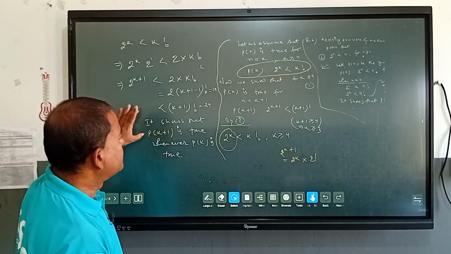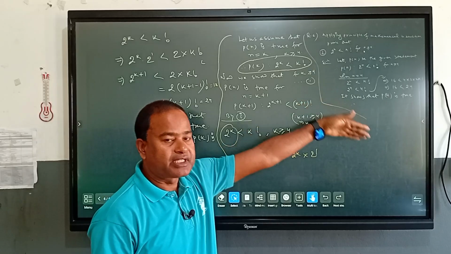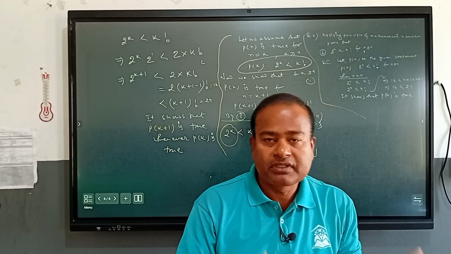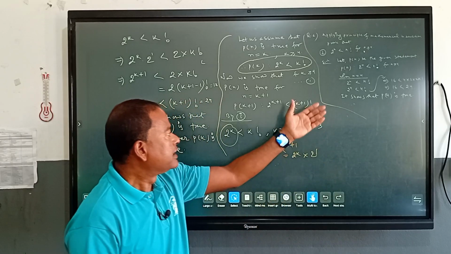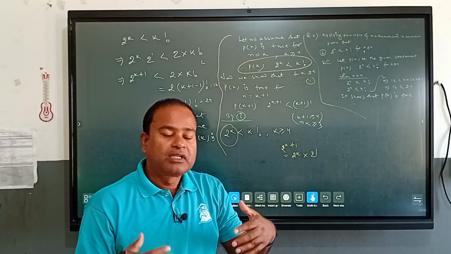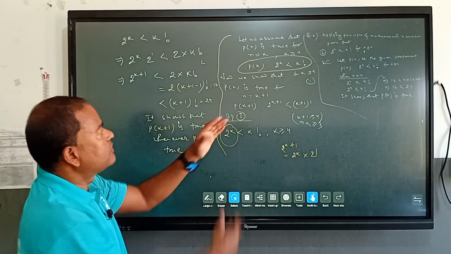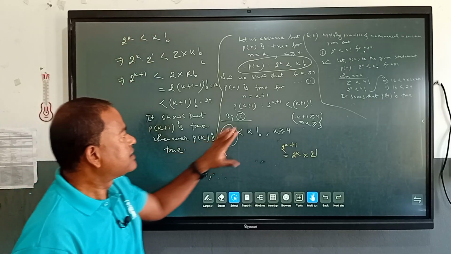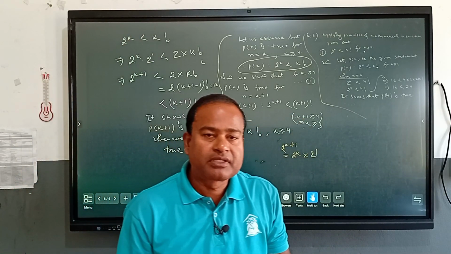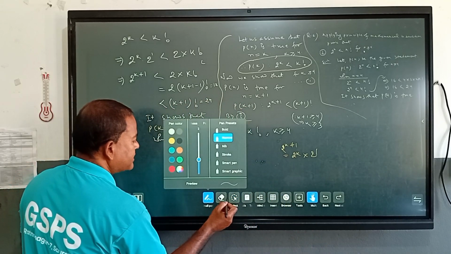So dear students, at last we have to write the final conclusion. We have proved that the given statement is true for n greater than or equal to 4. Then we have assumed that the given statement is true for n equals k, and by assuming that, we have proved that the given statement is also true for n equals k plus 1. Hence, by the principle of mathematical induction, so the final conclusion is,